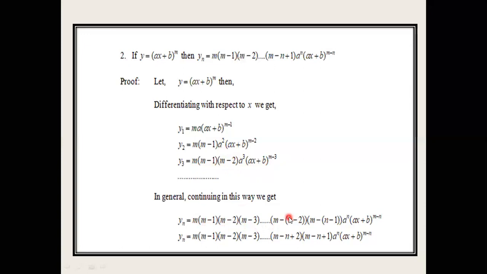अब y n के जो पहले टर्म होगा मींस इट बिकम्स m (m minus 1), so you get m minus (n minus 1), and this is the nth, so we get a raised to power n, (ax plus b) raised to power m का nth डेरिवेटिव हो जाएगा आपका m minus. Now when you simplify the term, so it is very easy, m, m minus 1, m minus 2, m minus 3. Now it becomes m minus (n minus 1), minus minus becomes plus 2, m minus n, minus minus becomes plus 1, a raised to power n, (ax plus b) raised to power m. This is the required result.